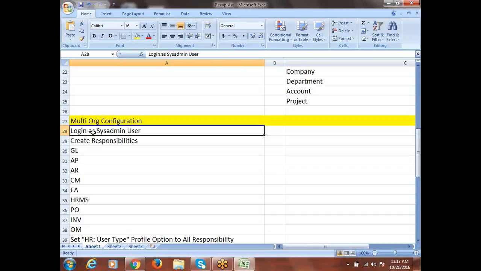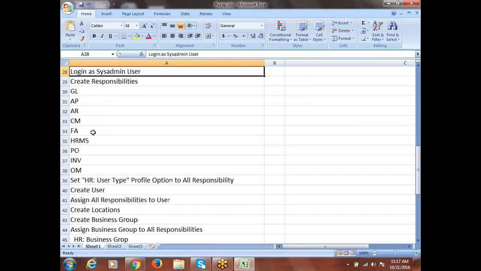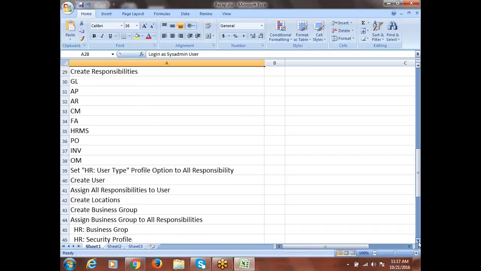Don't say login as a sysadmin user. That is a fact, but you should not say it. So you have to start with the... I'll explain, so just make a note. You remember the way. If somebody is going to ask me, okay, tell me what are the